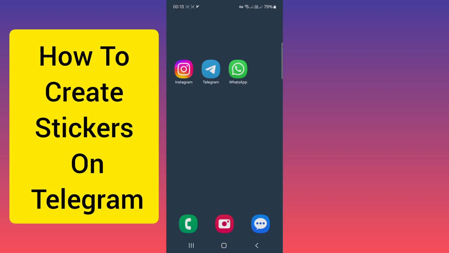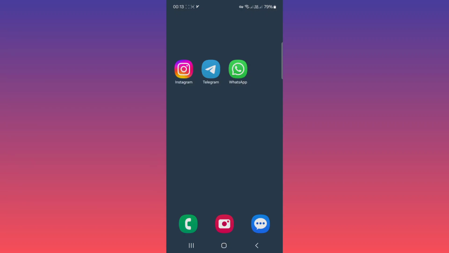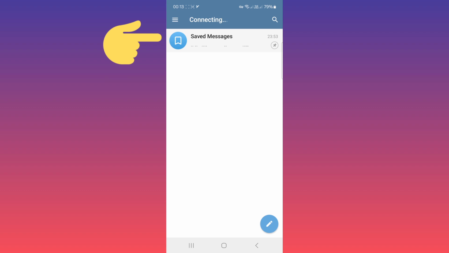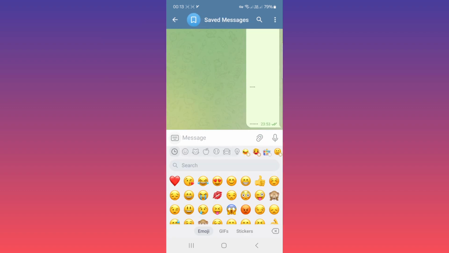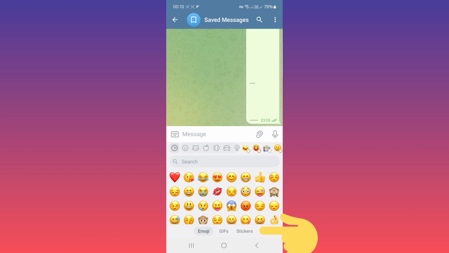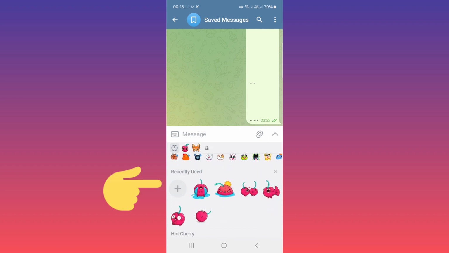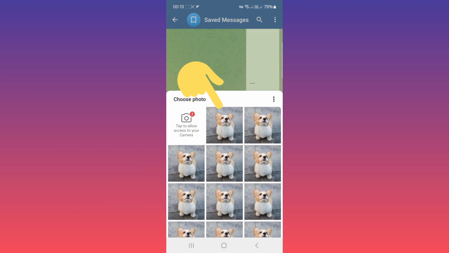Hello everyone. First, update your Telegram and open it. Open any chat or channel. Tap on the emoji or sticker icon. Tap on the sticker section. Now, from recently used, tap on the add icon and choose any image you want to convert to